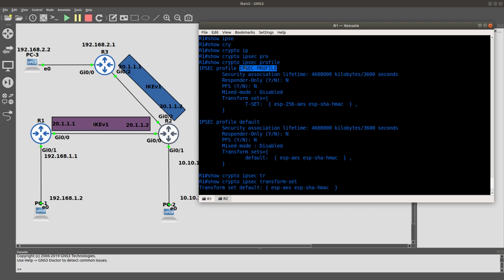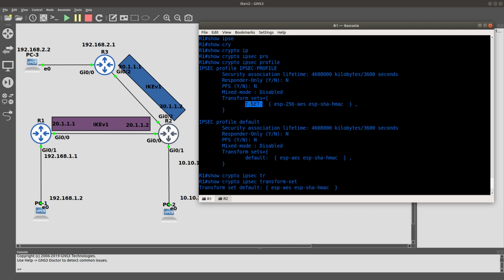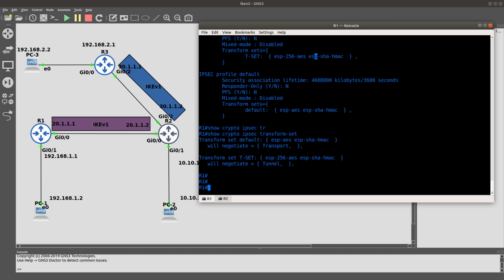If you go to the IPSec profile, you are going to see that we're using the transform set, which is the tset. Okay, all good. So moving on, and like I said before, IPSec by itself does not support multicast like EIGRP or